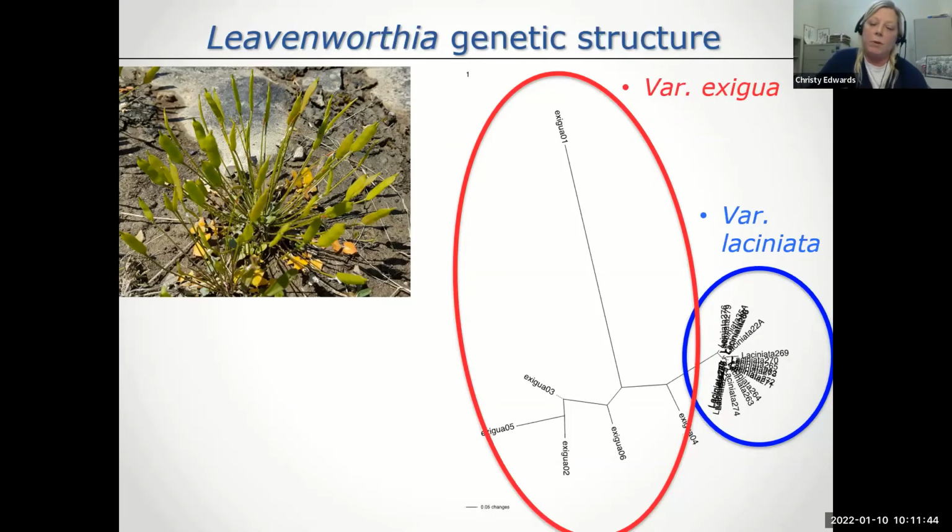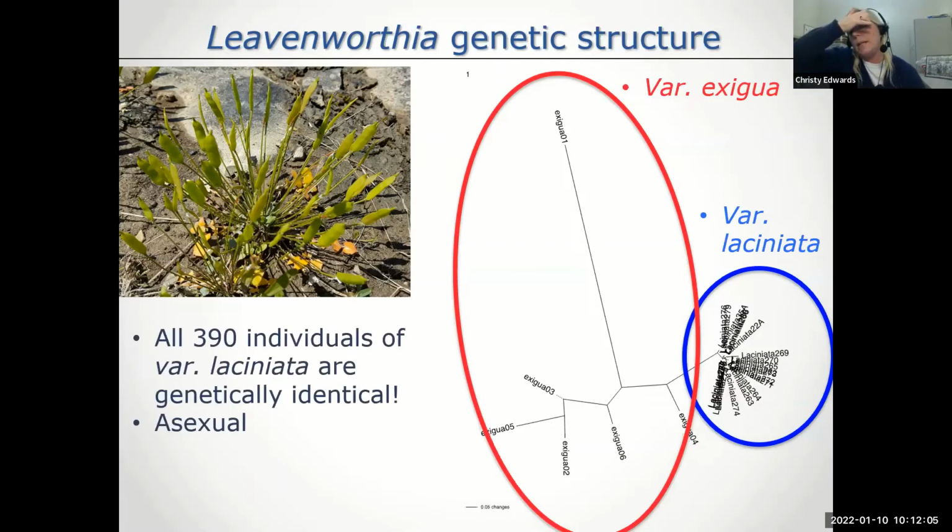And essentially what we find is that the populations are somewhat different from each other. But in variety Laciniata, what we found is essentially that every single individual in this species is genetically identical to each other. So they essentially have a fixed genotype that is found in every single individual. And next slide. And we think that what's happening here is